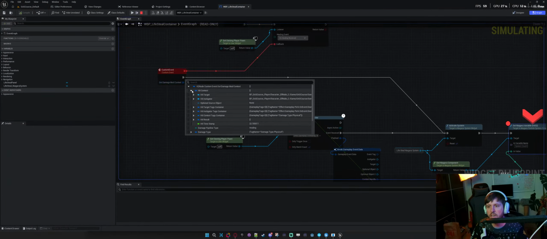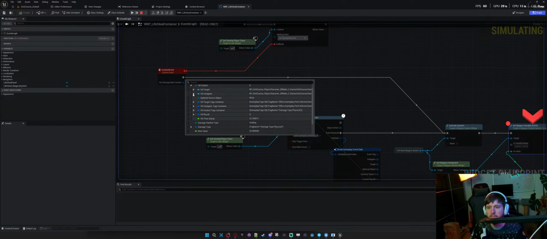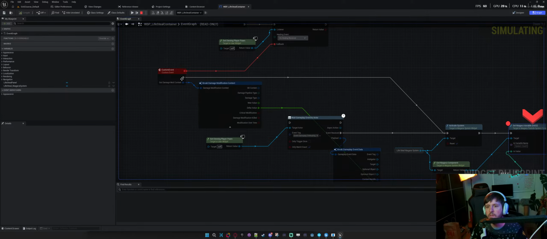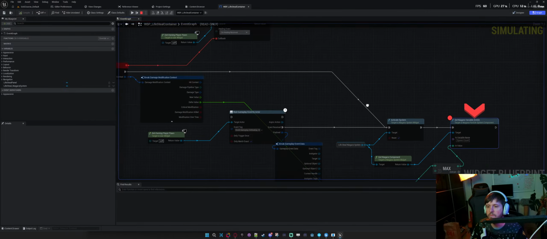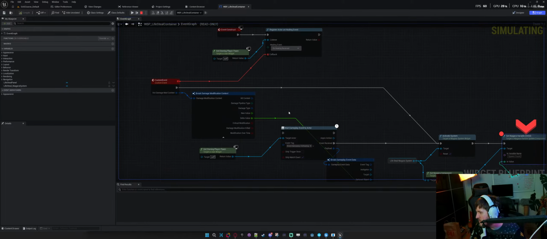So we have the hit context, so hit target, which I guess makes sense, but again, the context, maybe it doesn't matter. So new value somehow is 12. So we're getting some funky things.